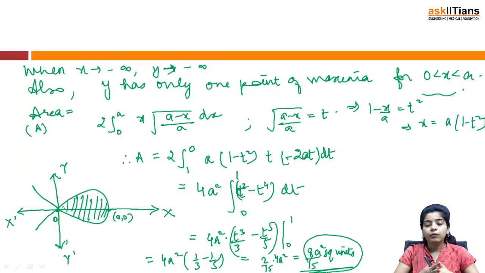Now again, once you have got the equation of curve tracing, you just need to first of all simplify that equation, or from the equation itself you need to judge about its symmetry, about the points where it crosses the x or y axis, about the asymptotes if it has got any, and then you will be able to draw the curve. Once you are able to draw the curve, you can easily find out the area.